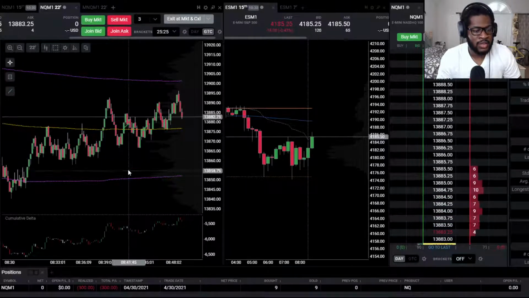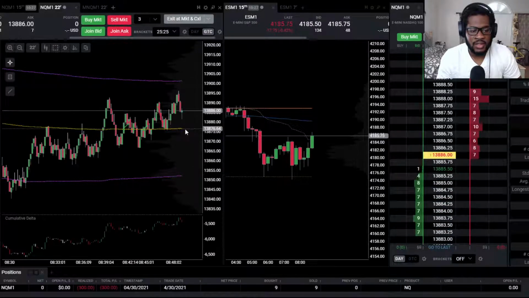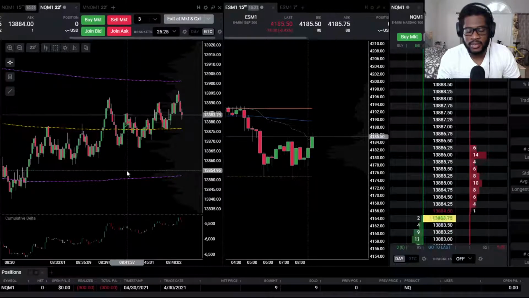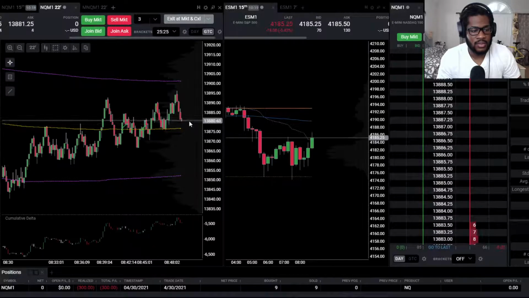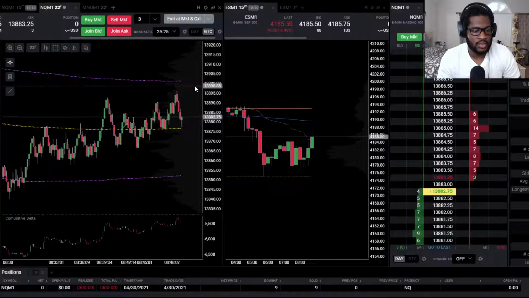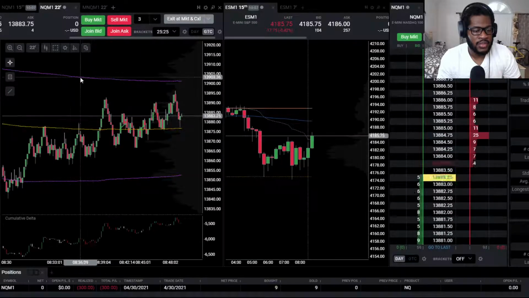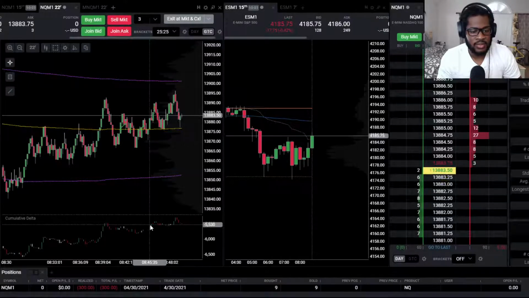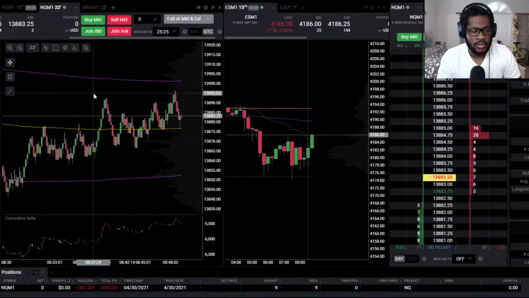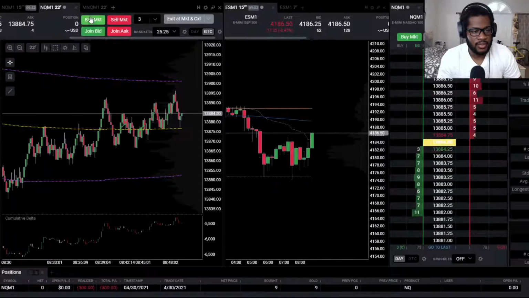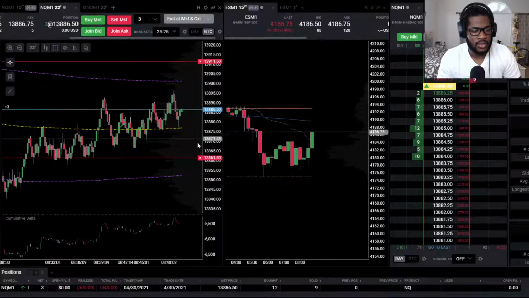Gotten burnt on trying to take these breakouts a little bit here, but if this can start pushing up from here, depending on what the delta looks like, I may add. Again, just adding with the 3 contracts, looking to get in and get out quick. Nice little VWAP touch there. See if it wants to push. Checking my delta to see if there's confirmation. A little bit of buyers in the delta, but not seeing enough, not yet. Order filled. We'll take it.